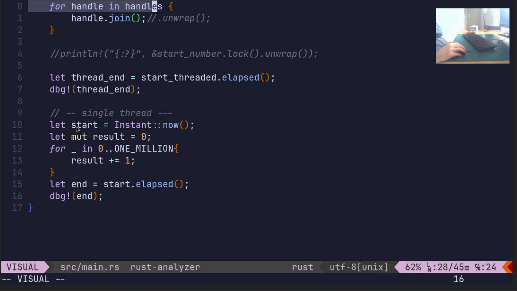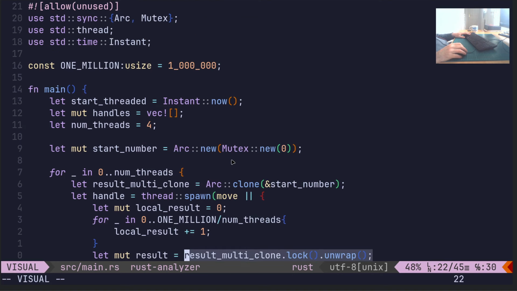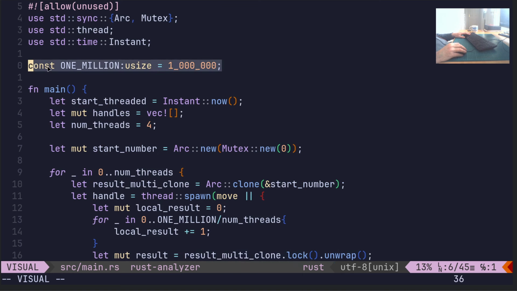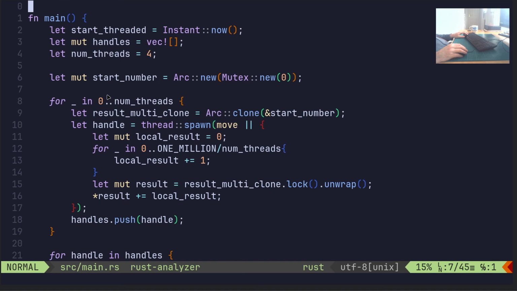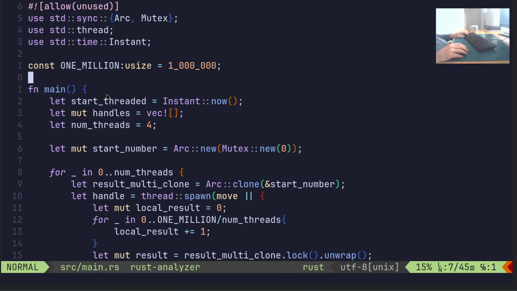We're using std::time::Instant::now, and then we get the elapsed method. I did a video on that recently. One thing I've noticed is that by using const, it obviously inlines it and speeds it up. Without the const, it was taking about 10 milliseconds for the single thread and about 2 or 3 milliseconds for the threaded version. So if I run it,